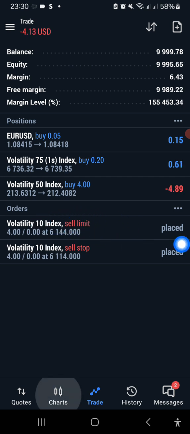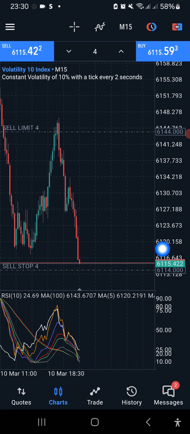So when you come back to your chart, we are still on volatility 10. You see the market is coming down. So your sell will be activated when the market gets to this point. The market needs to move to hit your entry before you enter the market. You want to sell, all right, but you don't want to enter at the current market price. So we place a sell stop here. If the market continues in this direction and ends up at our entry point, then the trade is going to